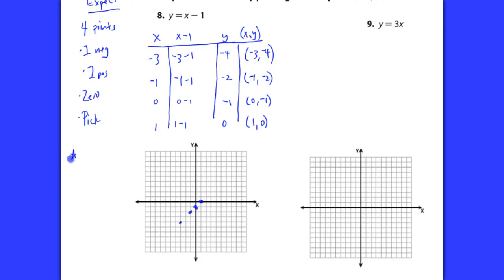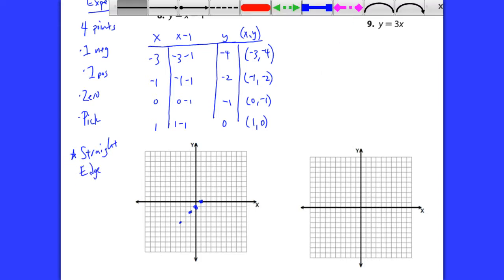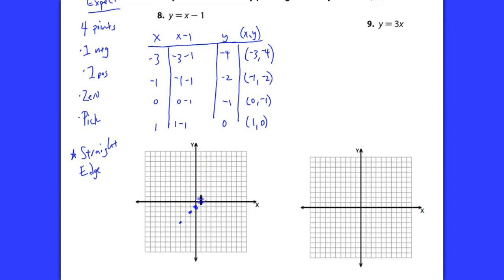Here's the other expectation: when we draw these lines for linear equations, you use a straight edge. If I'm testing you and you don't do that, I will take off a point, because it's not asking too much. Grab a straight edge. Now I can cheat because I have the smart stuff. Take a straight edge and connect the line. Try to make the line look neat and skinny. Please use a sharp edge